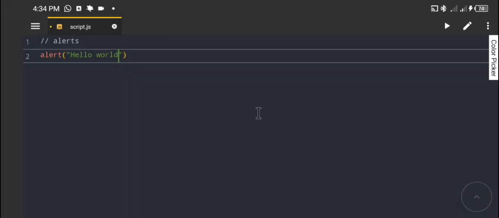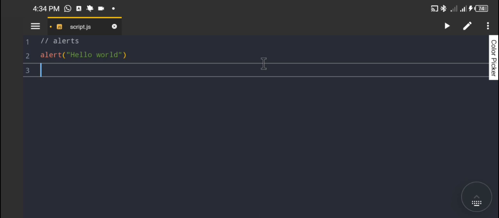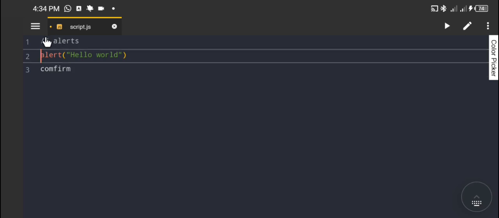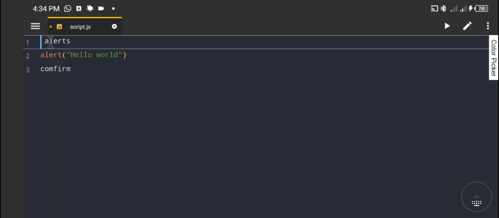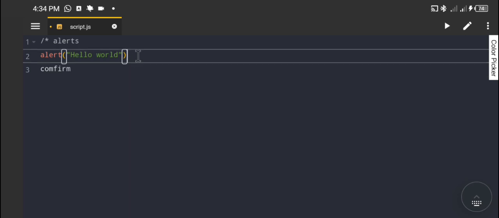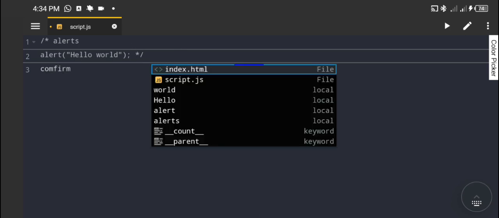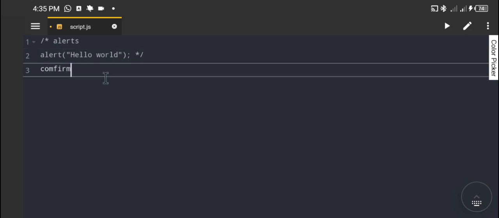So the next thing we'll do is confirm. It just brings up a confirm box. You either click OK or cancel. But first of all, let's comment out what we already have there. So I'll teach you about multiple line comments. The first one we did is a single line comment in JavaScript. So I'll remove the first comment, and then I'll teach us how to do a multiple line comment. So you do /* where you want to start it, and then go to wherever you want to end it, and also use a star and /. Also remember to always put a semicolon after your JavaScript, although sometimes it runs without the semicolon,